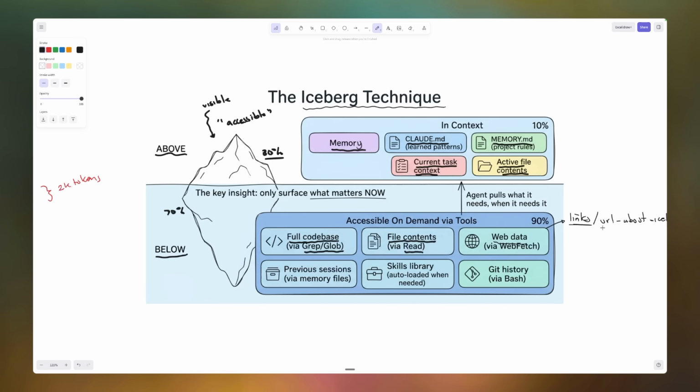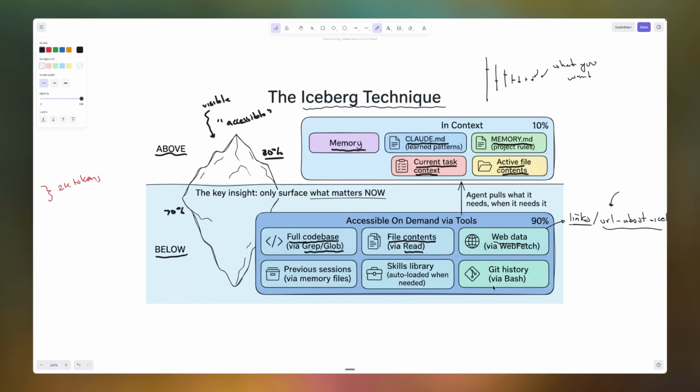Then if there's 3 URLs, one of them's about icebergs, then instead of reading all of them, it's only going to read this one. And so it's sort of like a successive narrowing of the lens until eventually it gets to what you want. And it doesn't load the entirety of all of the context, but it just has the opportunity to select all of this. It starts here, it goes here, goes here, goes here, goes here, goes here, and then goes here, and finally it's at its goal.